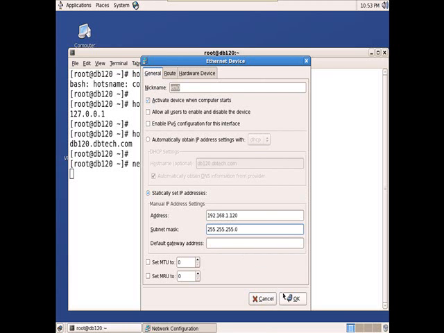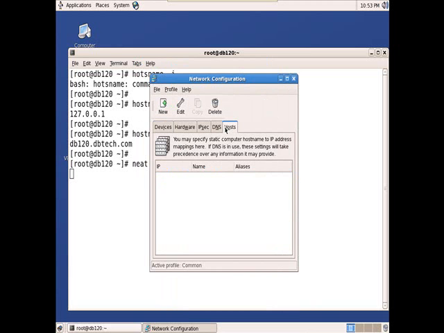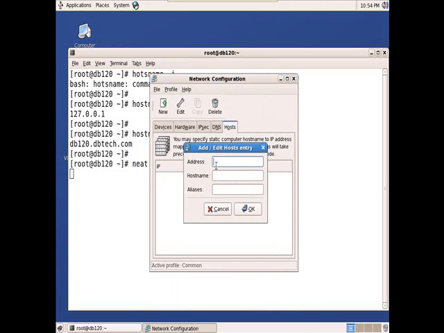Click on OK. Next, come to hosts. Click new. Here again we need to give the IP address, host name, and alias name, as part of the host name entry. 192.168.1.120, this is the IP address we have mentioned.